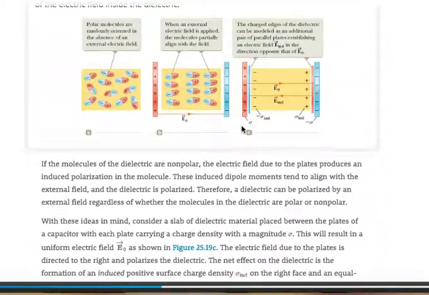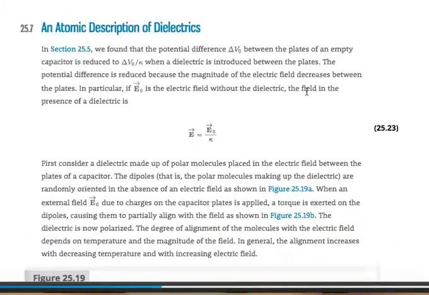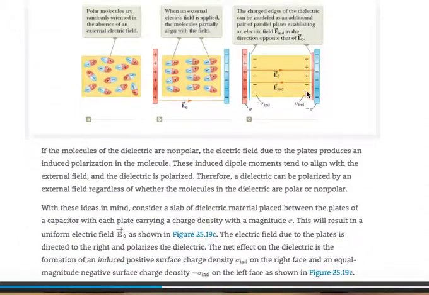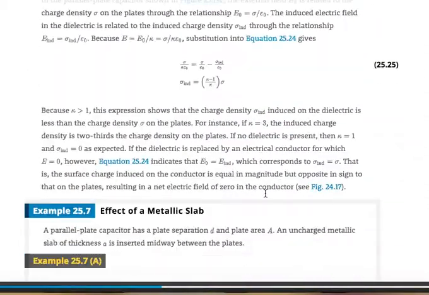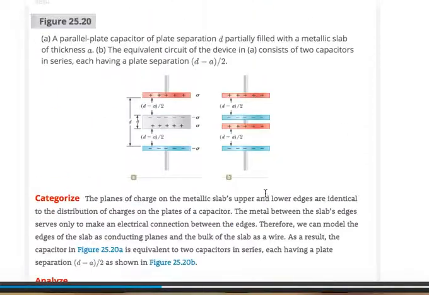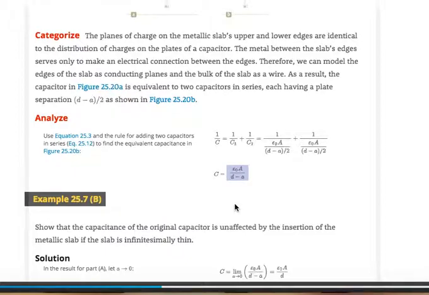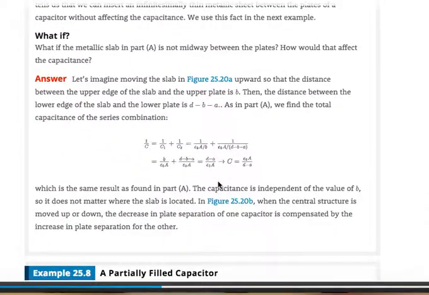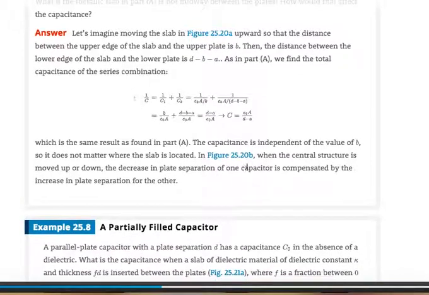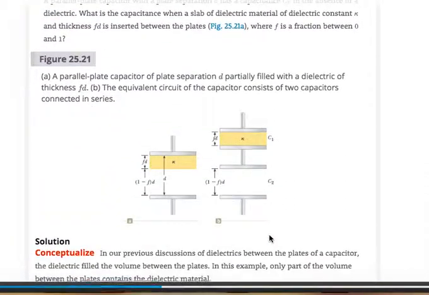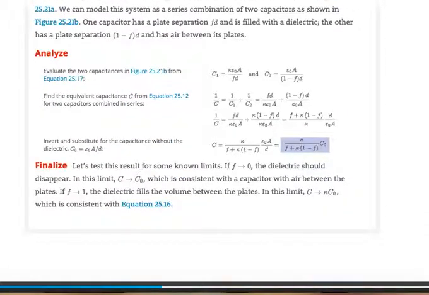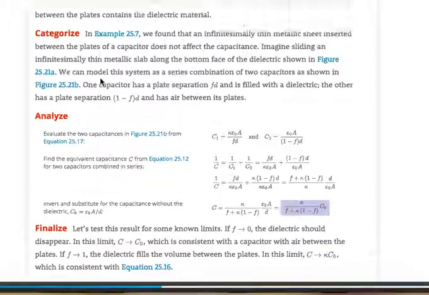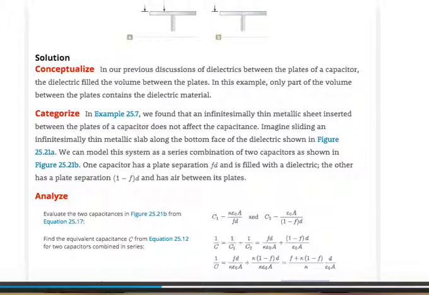Oh, the basic atomic description of a dielectric is that all of the molecules line up with positive, negative, positive, negative, positive, negative. And so it's like putting a bunch of little capacitors back to back, which is why you increase the capacitance. It's like having a bunch of capacitors in series. And that is it for different shapes of capacitors and